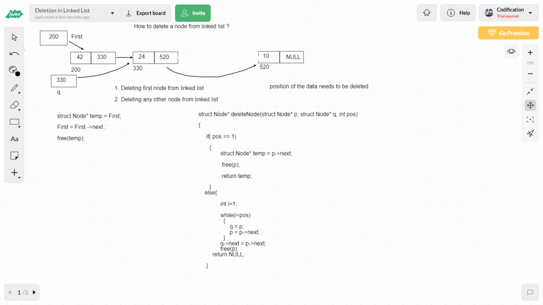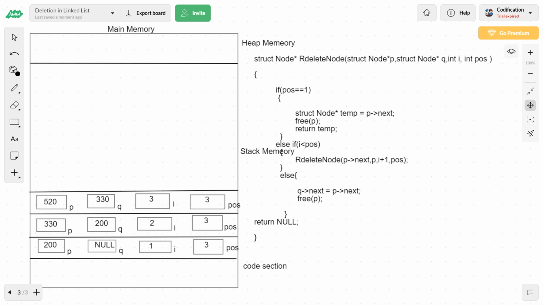So here what will happen? Null will be taken and stored here in the in-between node. This node will be deleted with the help of the free function, right? So after this else part is executed, we will come out and we will be returning null, which means the first node is not deleted. So when this return statement is executed, we can delete the activation area.